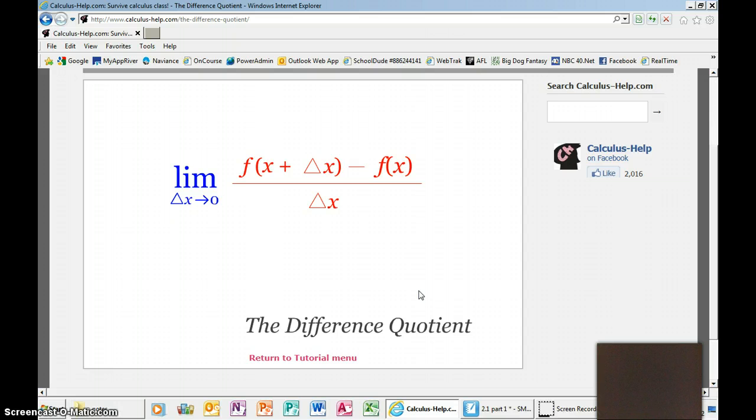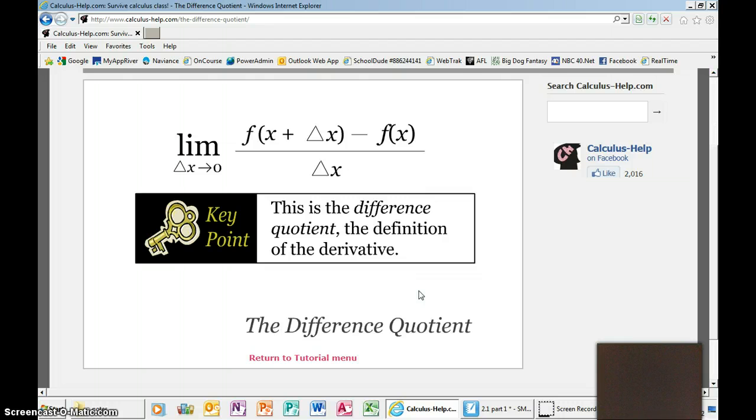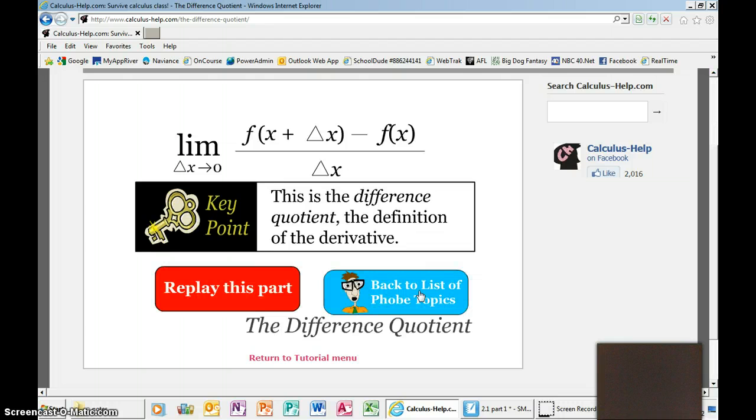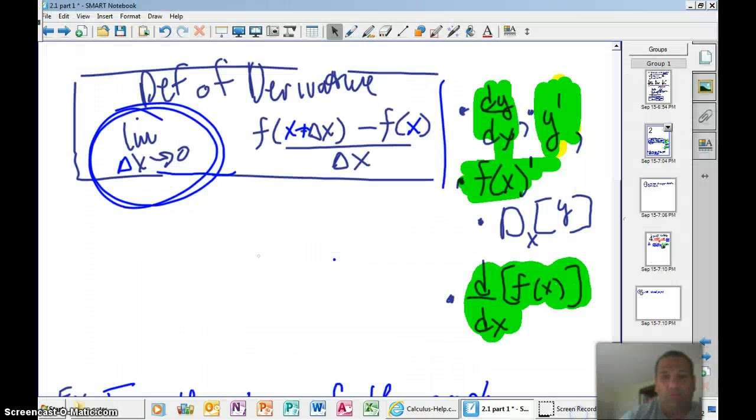This is the difference quotient. It is the mathematical definition of the derivative. And if you notice, the difference between the slope of the secant line and the slope of the tangent line, the only difference between the two formulas is the limit out in front. So as you see here, the definition of the derivative is exactly what was on there. The limit as delta x approaches 0 of f of x plus delta x minus f of x over delta